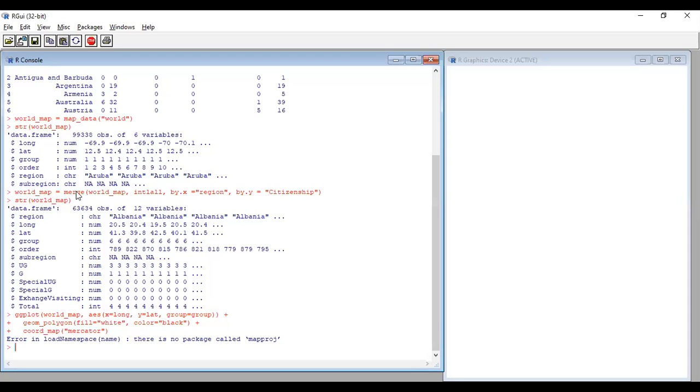Anyway, you complete up to this step, the map. We'll see in the next class the error I'm getting and find out.